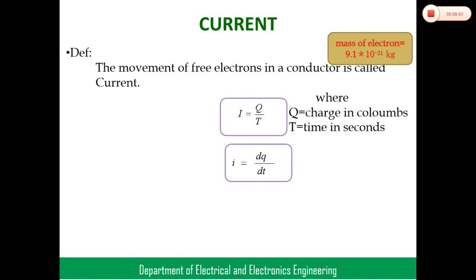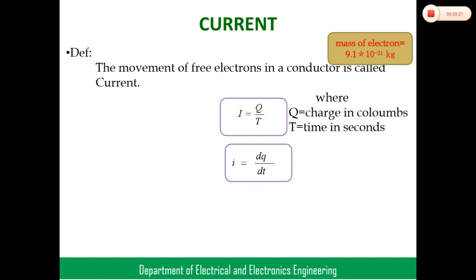I already said previously that when there is some potential difference between the two points, then only the current passes through the circuit. When the current passes through the circuit, it means movement of free electrons, and the free electrons require some force to move in a conductor. That force is nothing but voltage, nothing but EMF, electromotive force. How much force is required to move the free electrons?